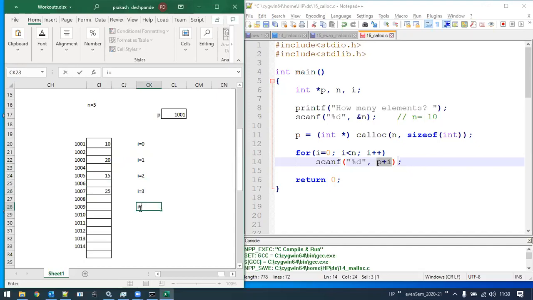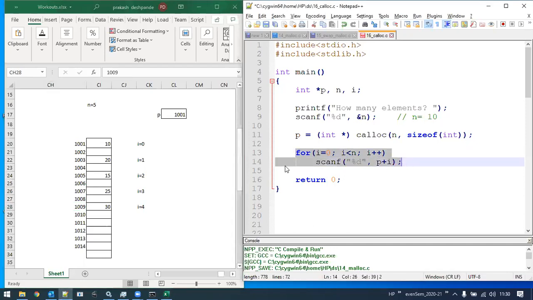And then i equal to 4 is for 1009, say here I enter 15. So the for loop will be repeated 5 times from this memory location up to the last, that is 1009. At the end of these statements' execution, we will be able to store all those values in the respective memory blocks. Understood, students?